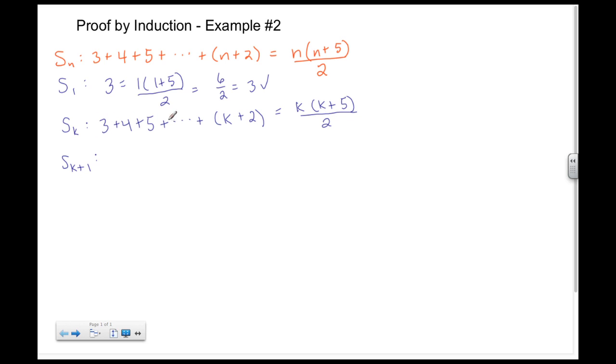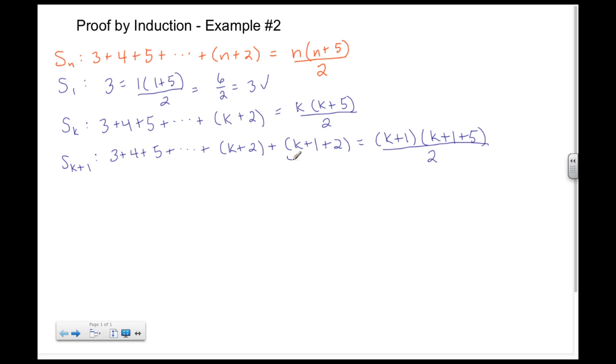So basically I take this first series here, rewrite it, and I'm going to find the term after this last term. So I rewrite this k plus 2 term, and now I'm going to end up writing k plus 1, but I can't forget I already have a 2 there. And I do the same thing for the expression to the right hand side. That first k becomes a k plus 1. That second k becomes a k plus 1. There's already a 5, so I keep that. And I write my denominator of 2.